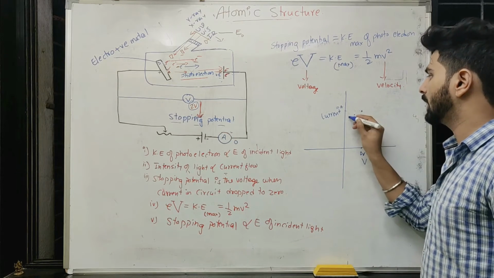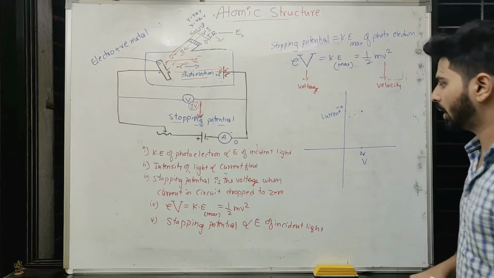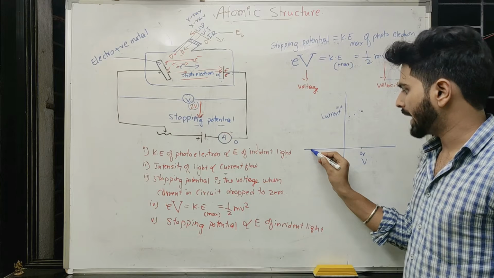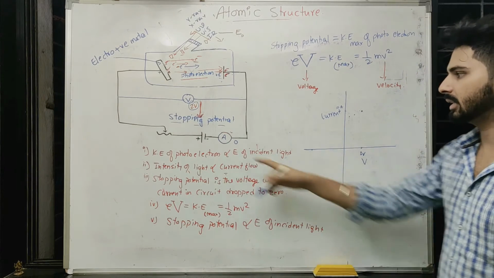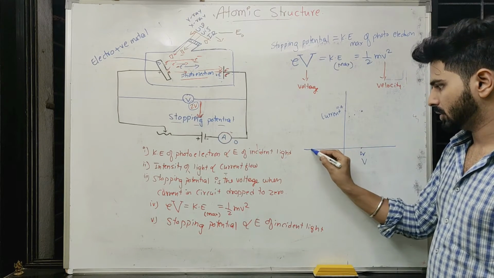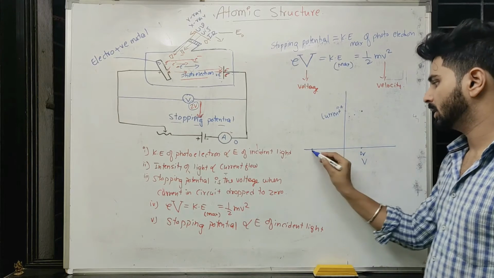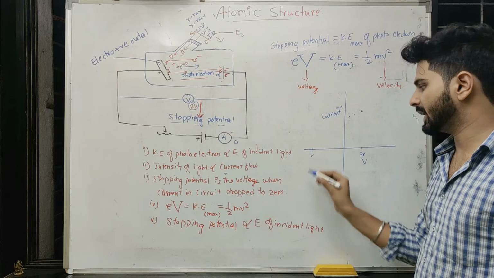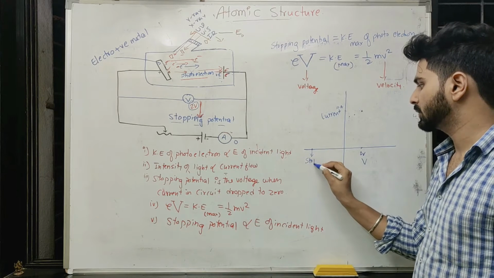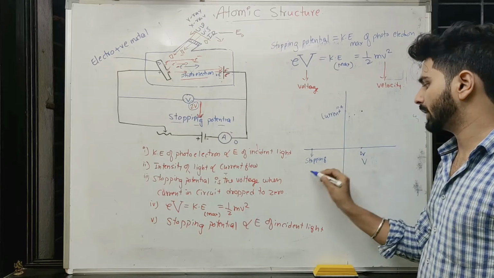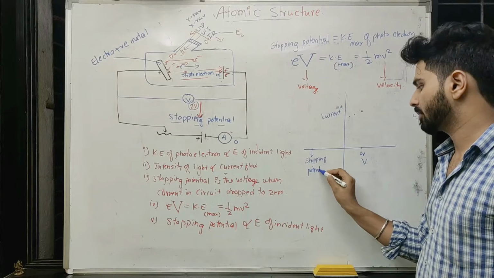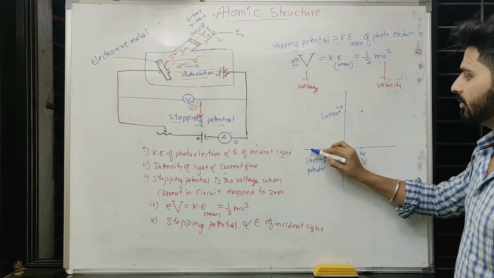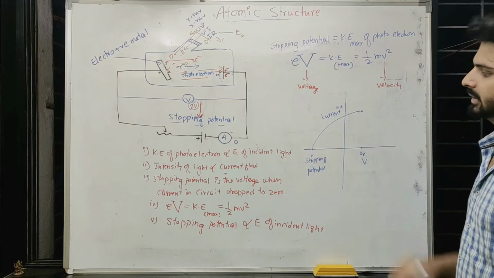Gradually it is going down, and at some particular voltage, the current becomes 0. So I will consider this as the point where current became 0, and that is in the negative direction, so this is called the stopping voltage or stopping potential, where current became 0. If I see that graph, it will be like this.